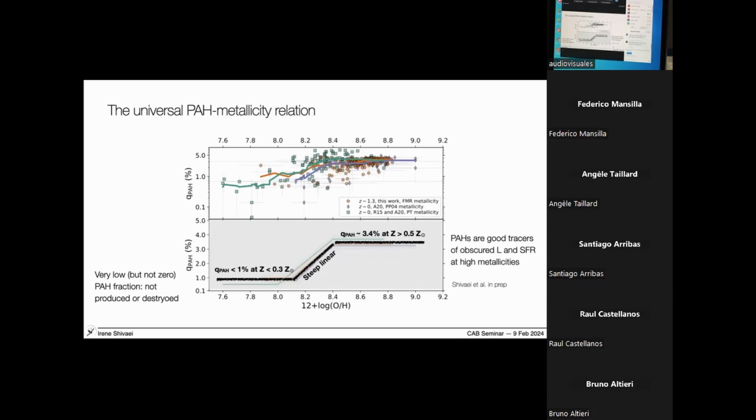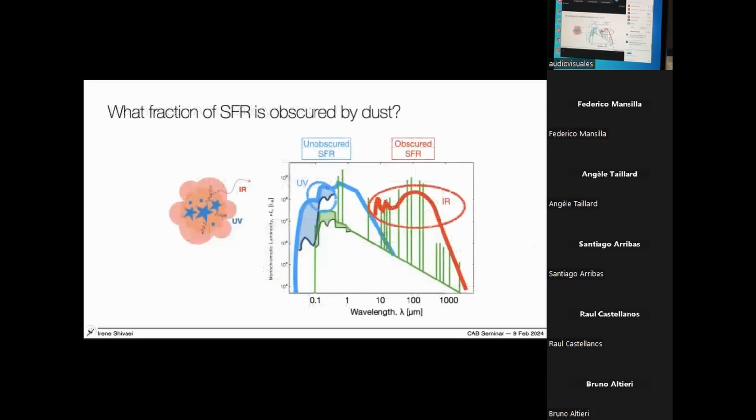Yes, so the reason is that it still needs more observations and different sorts of observations, but we are seeing for the first time at redshift 2 that we can quantify it to be very similar to the local universe. Now I want to move on to, or actually circle back to, what I mentioned at the beginning of the talk. Another interesting quantity that we can now measure with MIRI is the fraction of obscured star formation.